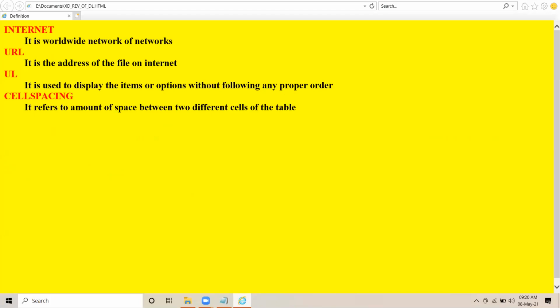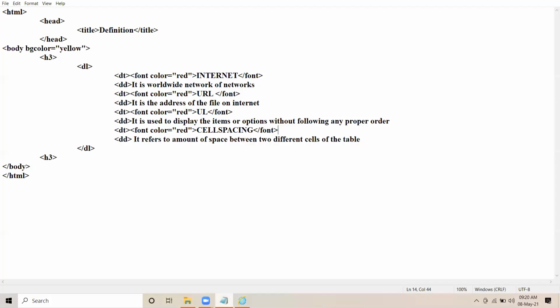Now, there is one second way of specifying the color of the term. Instead, you take the font tag. Without taking font tag, how you can change the color of the term? Click in the DT tag.